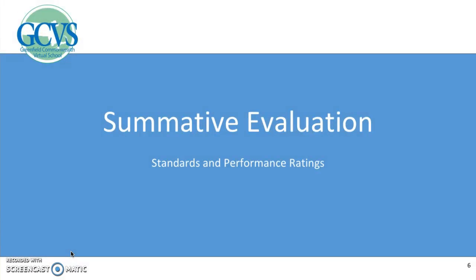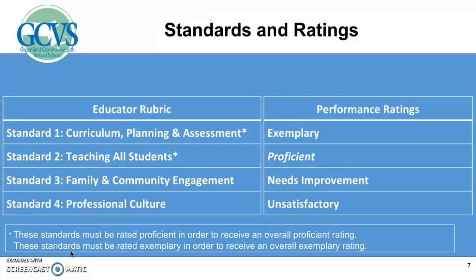There are 4 standards of practice and 4 levels of performance ratings that can be attached to them. The 4 standards of practice listed on this slide are further defined in the state's rubric of practice. Each standard has a series of indicators and elements attached to them. The breadth of them can be overwhelming, so target indicators and elements will be defined as ones aligned to our school's priorities to make it easier for you to flesh out your plans.